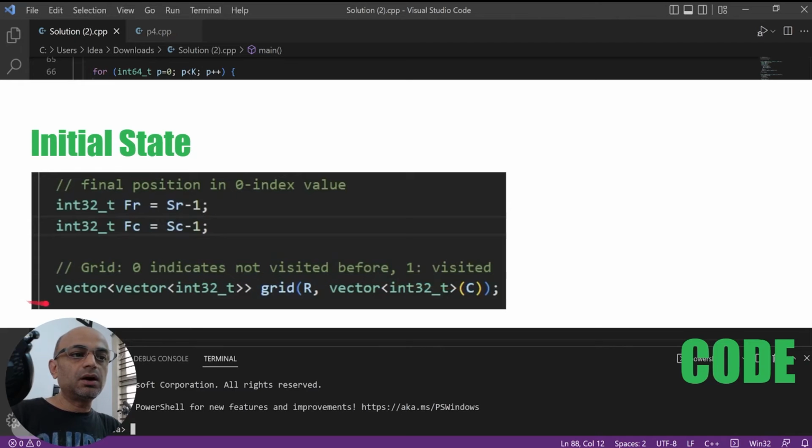Since we are using zero index based values for accessing this vector, we are modifying the starting position to zero index values by decrementing one from each, and initializing the final row and column to the updated values of the zero index based starting position.